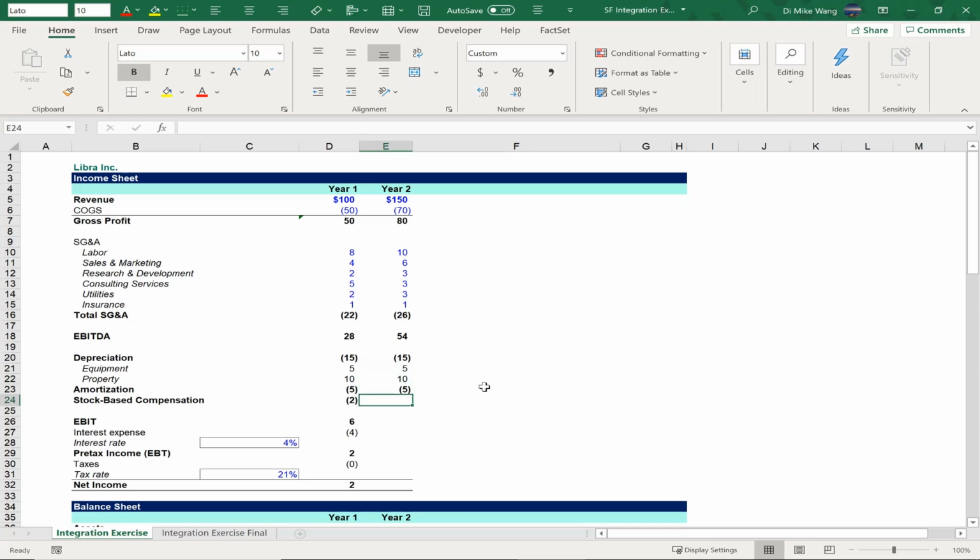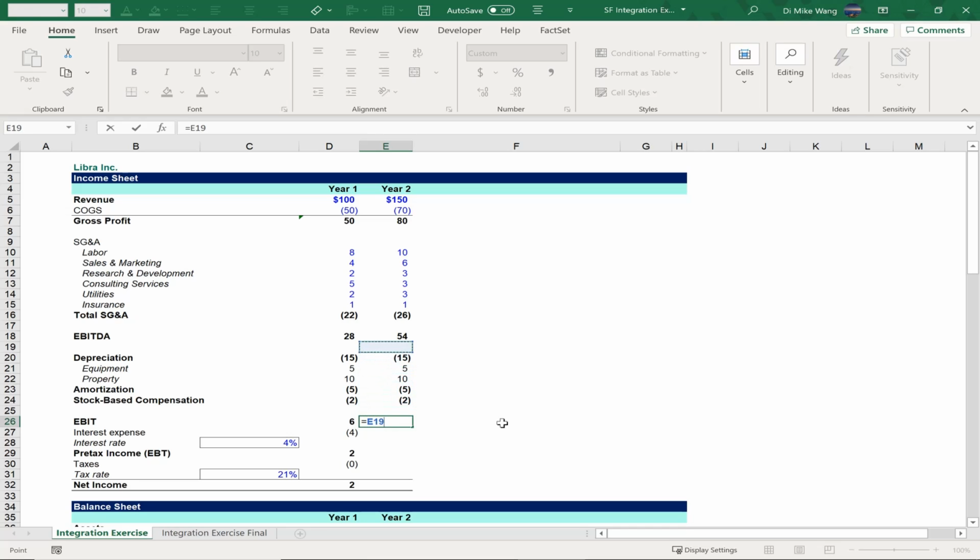Okay, so stock-based compensation is going to be the same as well. So we're just going to, actually, you know what we'll do? We're going to take stock-based compensation, and we'll actually enter it manually. So 2, -2. Our EBITDA number would then be EBITDA plus depreciation plus amortization plus stock-based compensation, and that gets us to 32. So